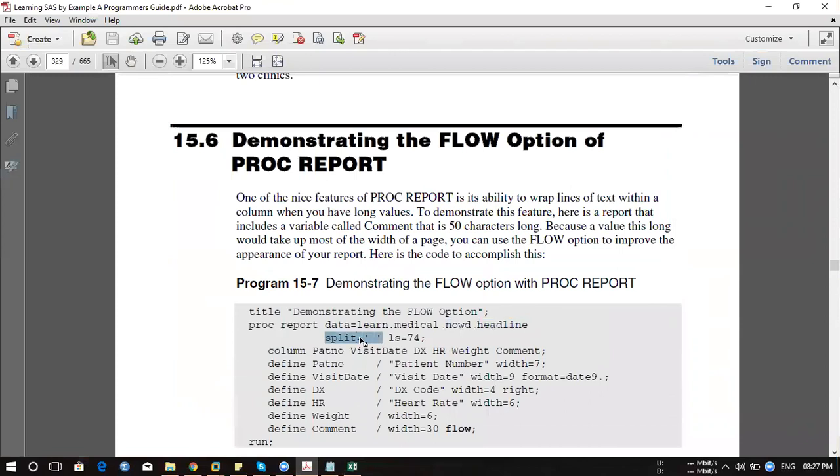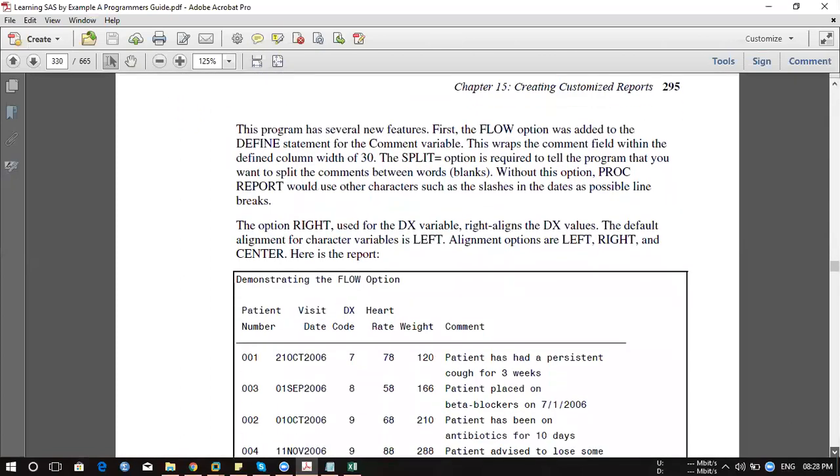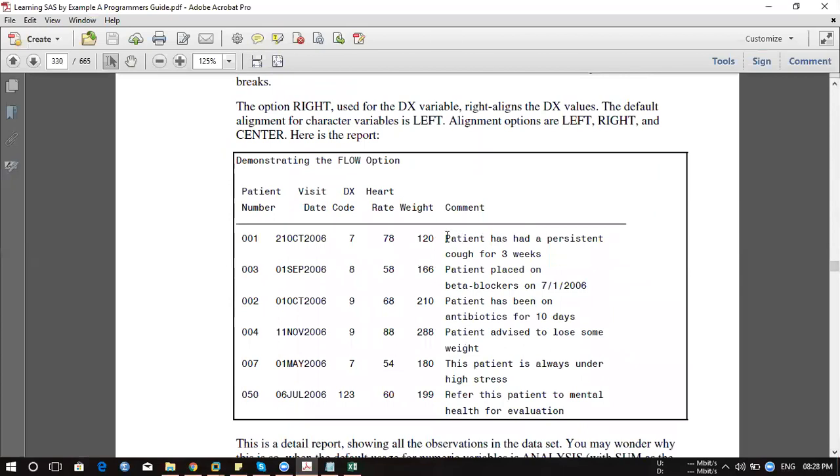A split is nothing but when you want to split your data based on a blank which is appearing at that particular point. So let's say if you consider this value, you fixed your length as 74, correct? Let's say 30 you fixed it. After 30, if there is any blank, then we'll keep the rest of the value below. So we'll always look for a space.